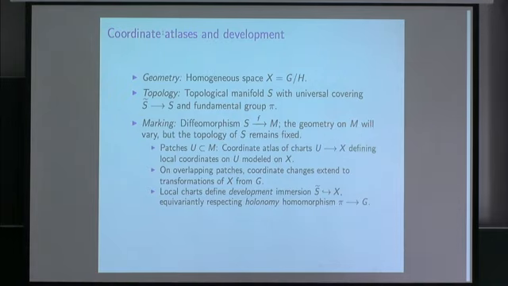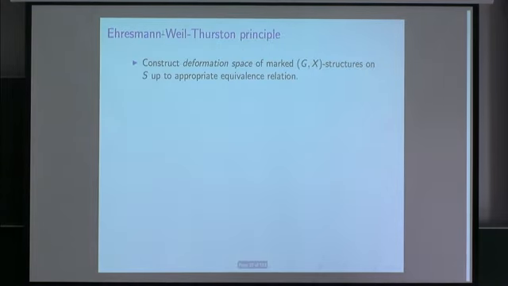So this is where the subject diverges from Riemann surfaces. If we knew that there was a strong continuation of local biholomorphisms to global maps, we could prove, say, that the Riemann sphere doesn't have a complex structure. So in this subject, the fundamental group and universal covering space play a very significant role. So the development globalizes the coordinate charts, the holonomy globalizes the coordinate changes. So many of the ideas go back to Ehresmann, even though maybe not so explicitly.